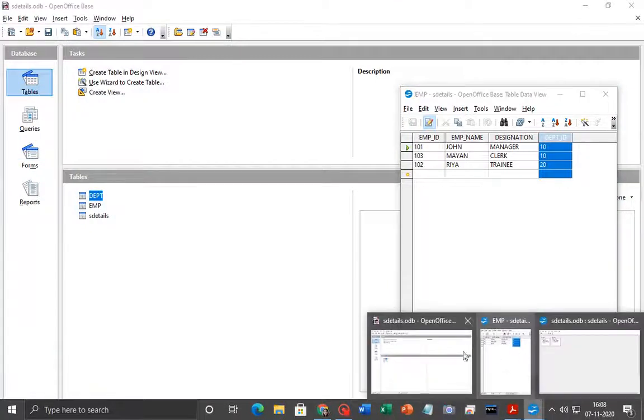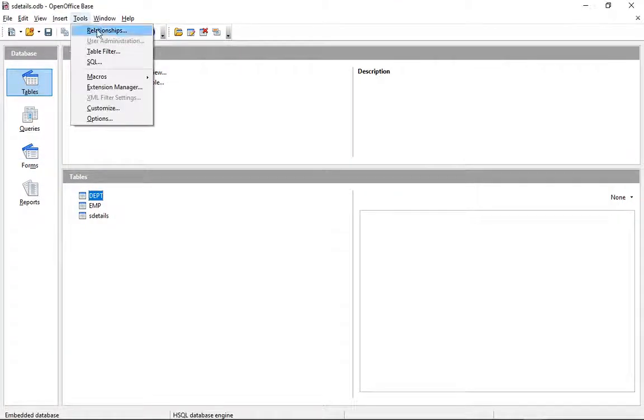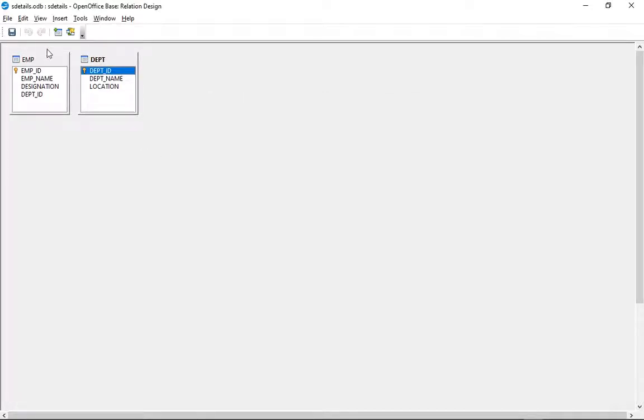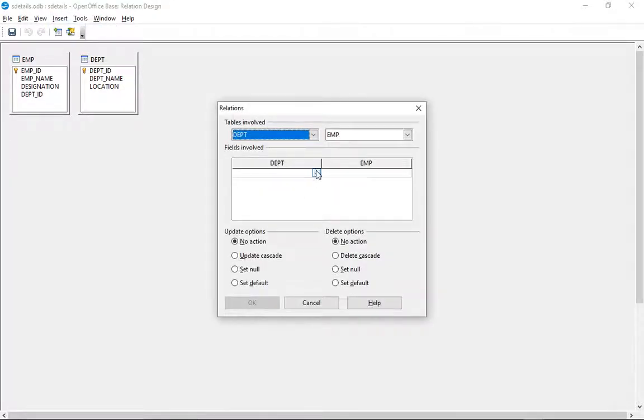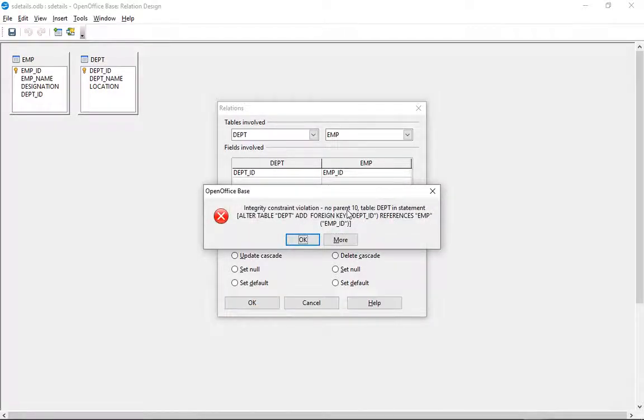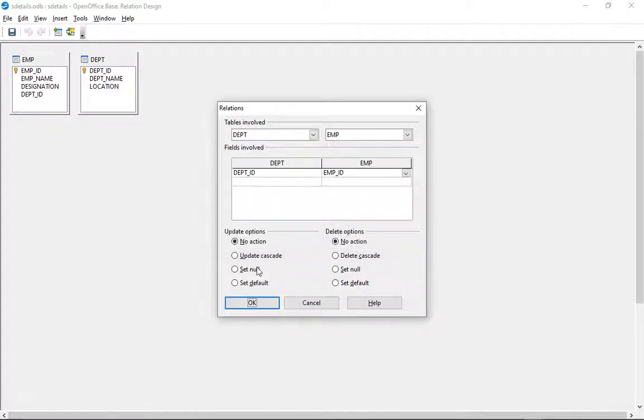Now once again we can do the same. Go to tools, relationships. Then insert a new relation. Let us see once again, try this. Department ID, constraint, no parent 10, table in statement.